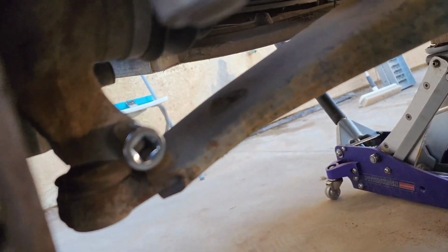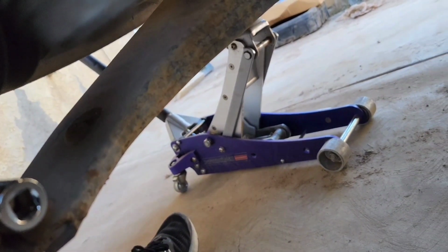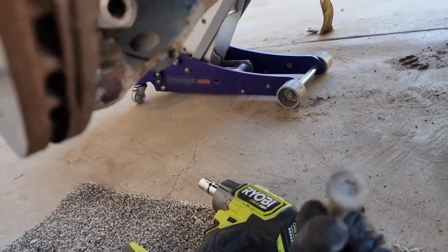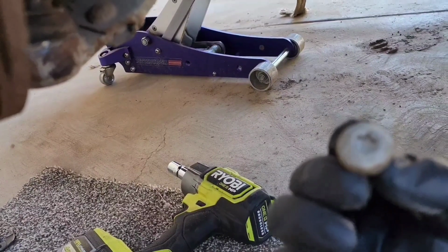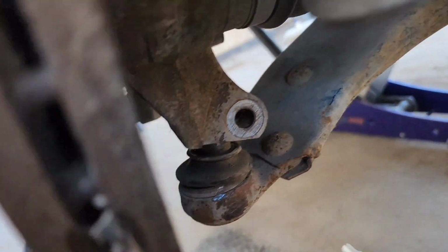So right there is a 15mm socket bolt. I need to remove this control arm from the knuckle here. So let me go ahead and do that, guys. To remove this bolt, it's just like I said, a 15mm, and on the back it's like a Torx. I didn't have the Torx relatively available, so I just held it with some pliers in the back, and then